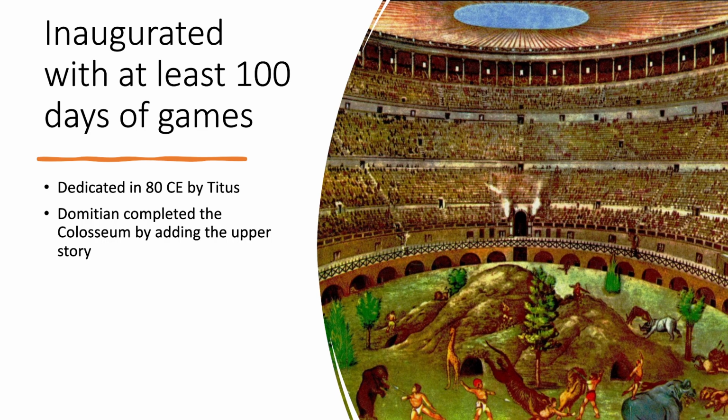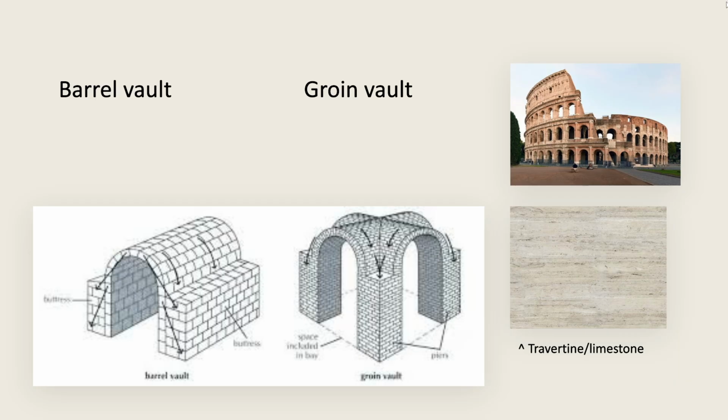The structure was formally dedicated in 80 CE by Titus, and then it was inaugurated with at least 100 days of games. In 82 CE, Domitian completed the Colosseum by adding the uppermost story. The Colosseum is a freestanding structure. The materials used for the construction of the Colosseum were stones and concrete such as travertine, which had a composite system of barrel vaults and groin vaults that measured around 189 by 156 meters overall, the bottom two levels being